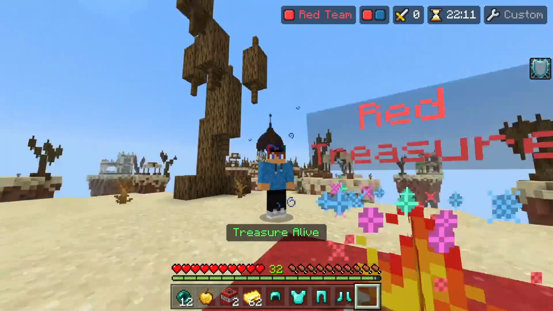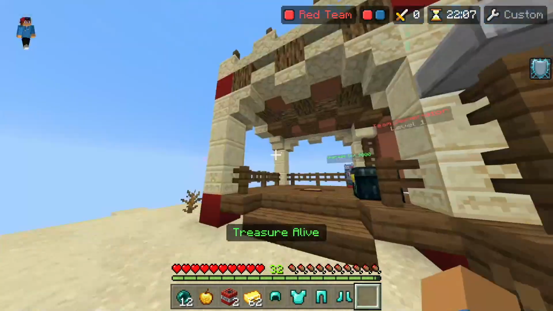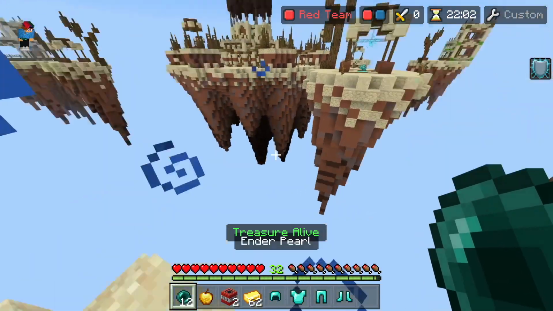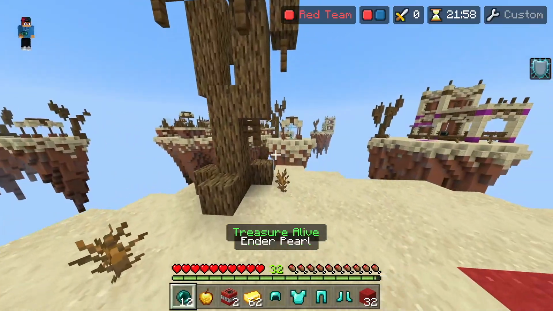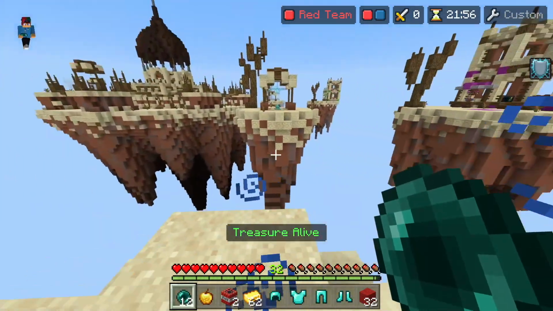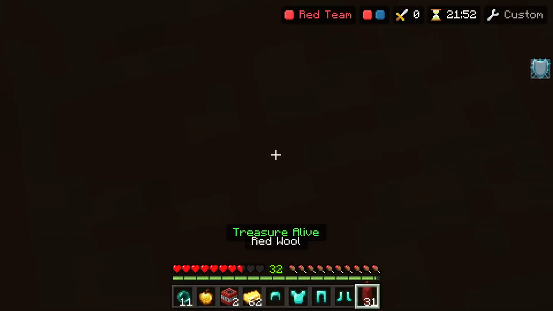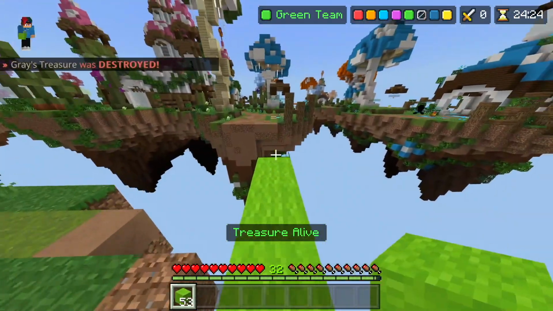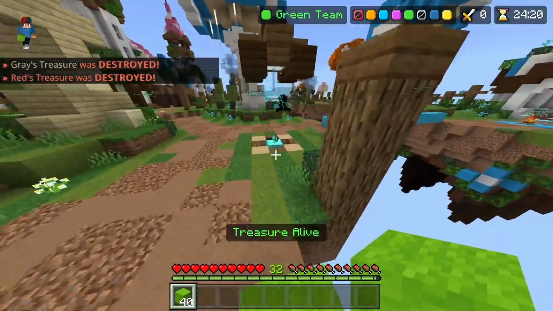not terrible. But in all honesty, I don't think pearls are that useful in Treasure Wars. Like, it's easier to clutch in Treasure Wars. Like, the islands are a lot easier to clutch on, and I have my treasure here, so it's worth a shot. It's worth a shot trying. No, I tried. So the thing about Treasure Wars with pearls is that they're not actually the most useful thing